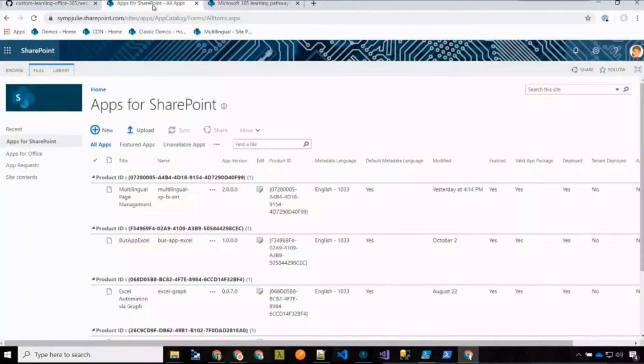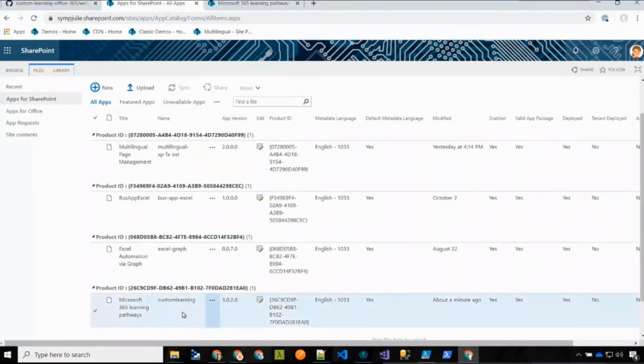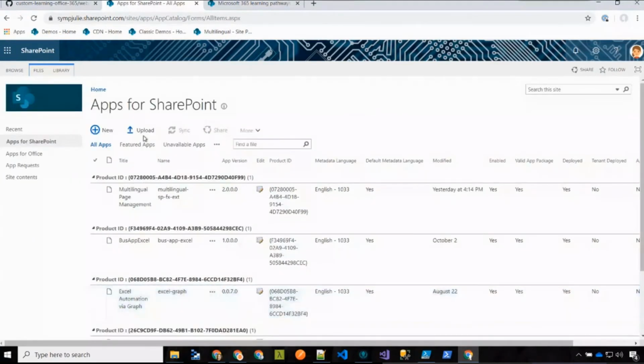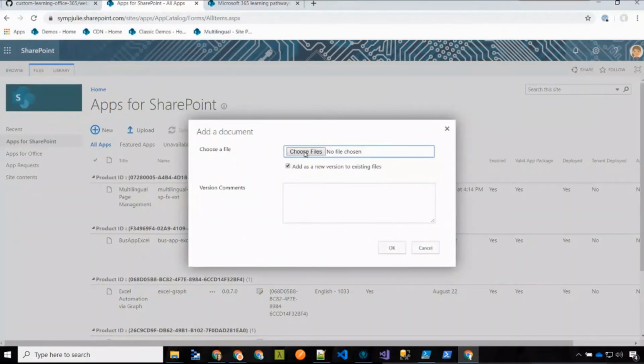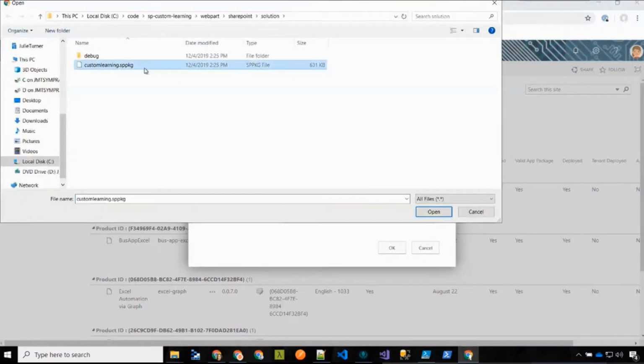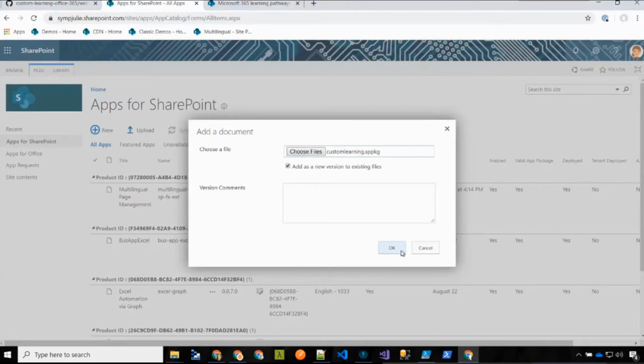If you click over here, you'd be in the Apps for SharePoint section, and you'd click the Upload button, and it will then ask you for the path to your SPPKG file. You pick it from whatever folder you downloaded it into, and then say OK, and it will update into your